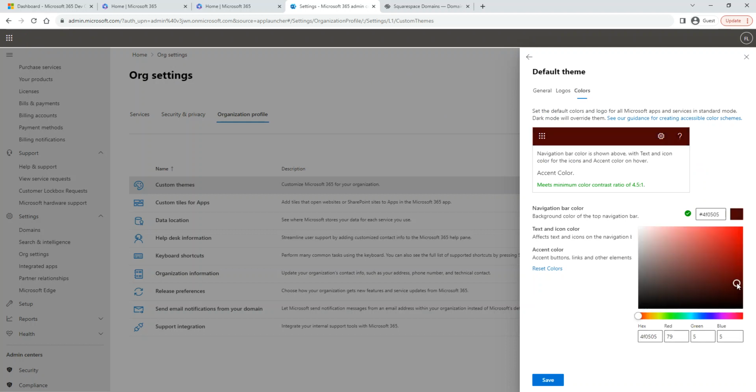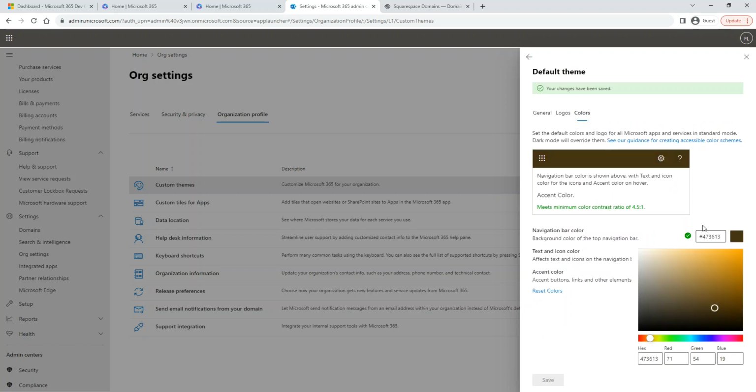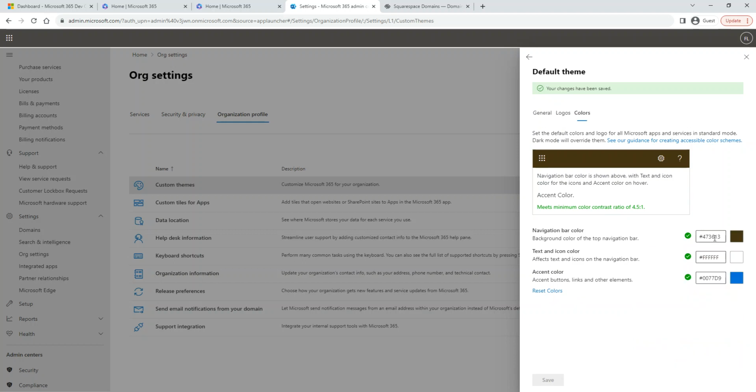I'm gonna pick a dark one. Let me pick dark yellow, orangish. Do I have orange? I'm gonna pick this one, darker, like that. That's good, and then I'm gonna save it. Okay, I'm gonna go to the color again one more time. Accent color. That's my accent color. Okay, I changed the accent color and then go back.